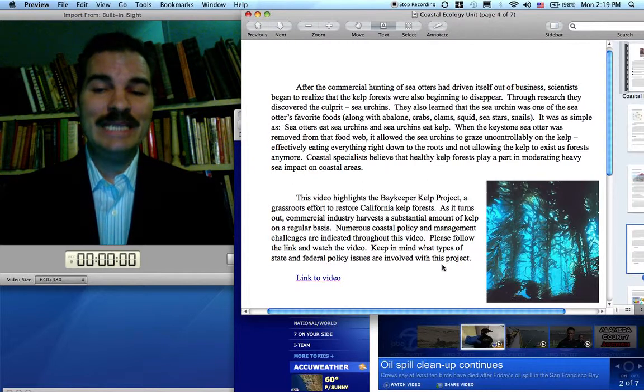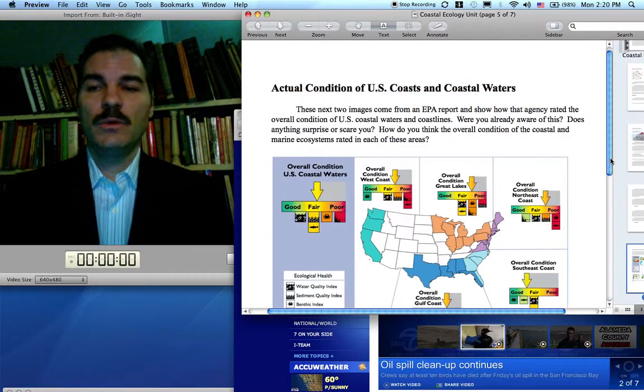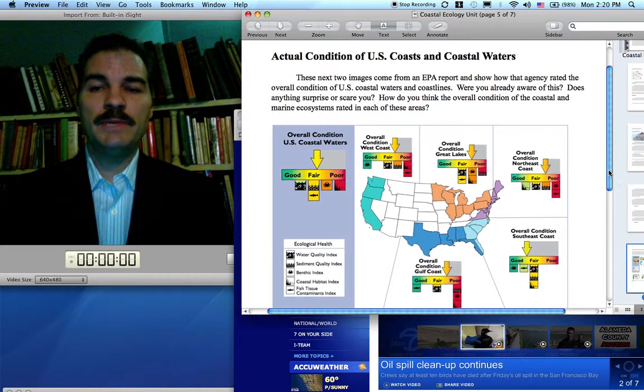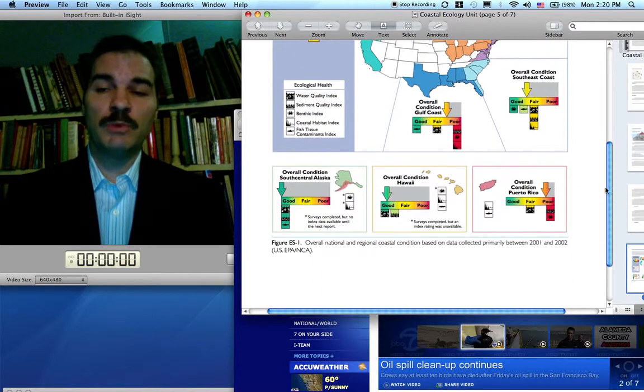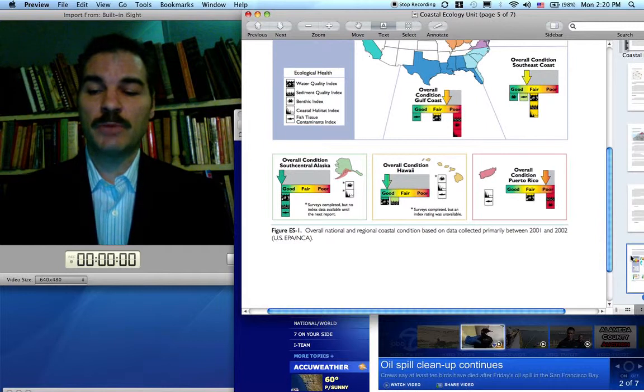Better management needs to be, or plans need to be put into place to protect, maintain this important coastal resource that is right now not in the best of shape. Projects like this are helping it to come back, but again, more needs to be done. We'll be looking at this report put out by the EPA on the condition of the coastal waters. Nicely done. It separates it into the different zones and gives you a good idea of the condition. You'll actually be reading, one of the reading assignments is the executive summary of this report.